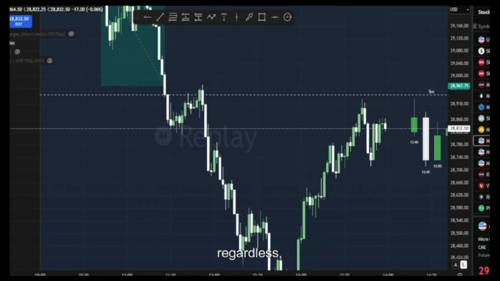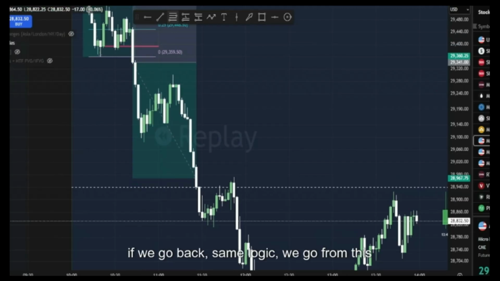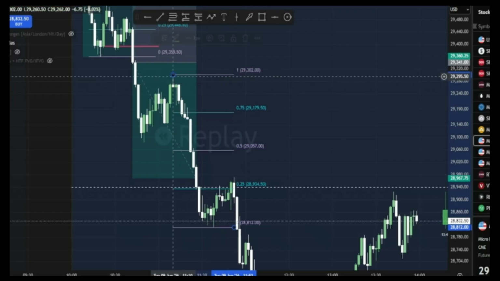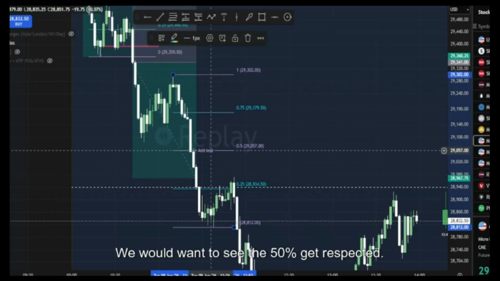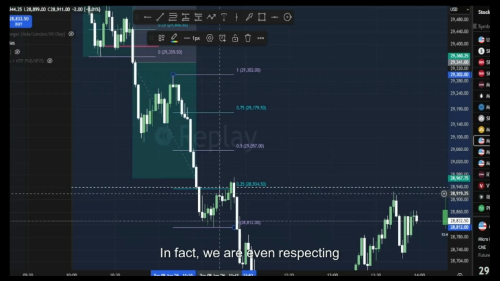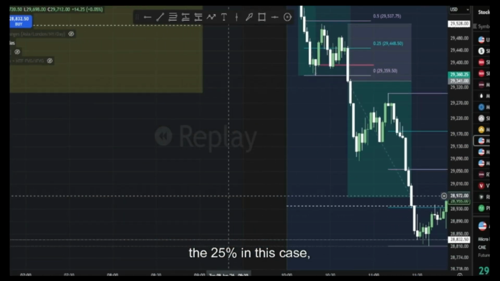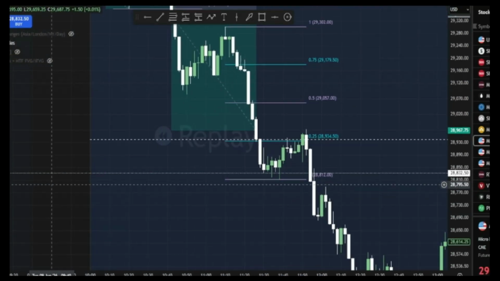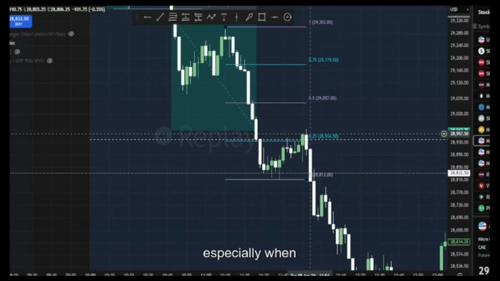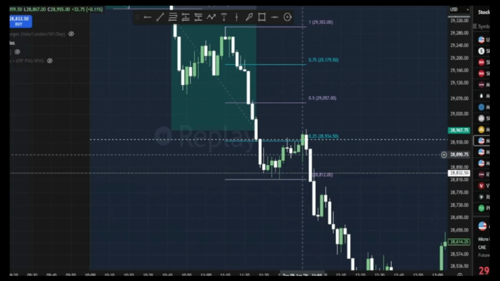But regardless, if we go back, same logic, we go from this swing to this swing. We would want to see the 50% get respected. In fact, we are even respecting the 25% in this case, meaning exceptionally bearish,